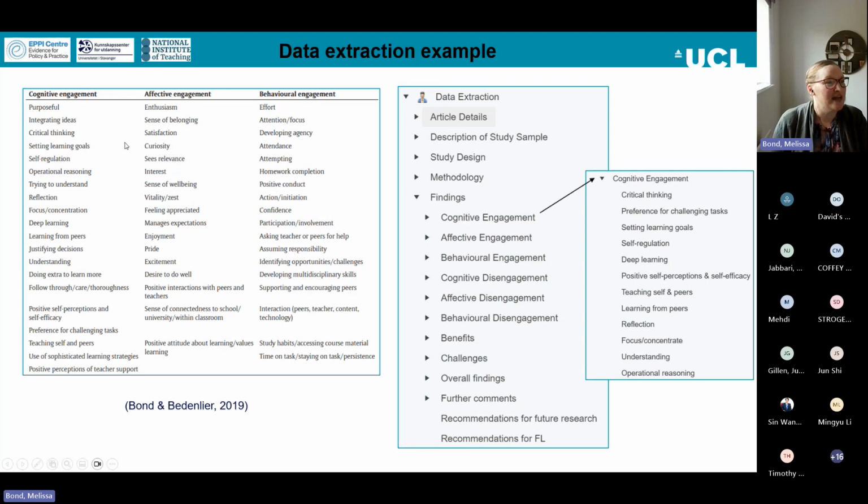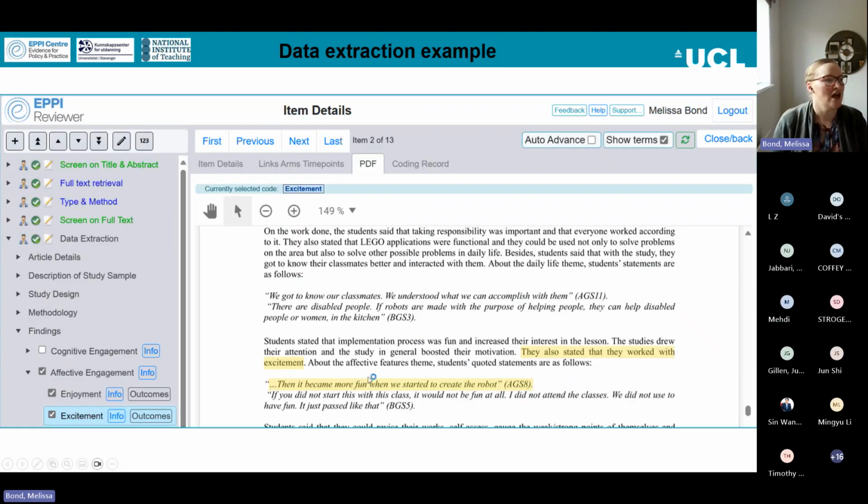Again, showing you that I use those codes to be able to then come up with my data extraction coding tool. And then what it looks like within EpiReviewer. So you're able to highlight, like NVivo, within the PDF your example of a particular code in the text. Then you click on the code, click on the assign button, and all of that text is automatically assigned to that code.